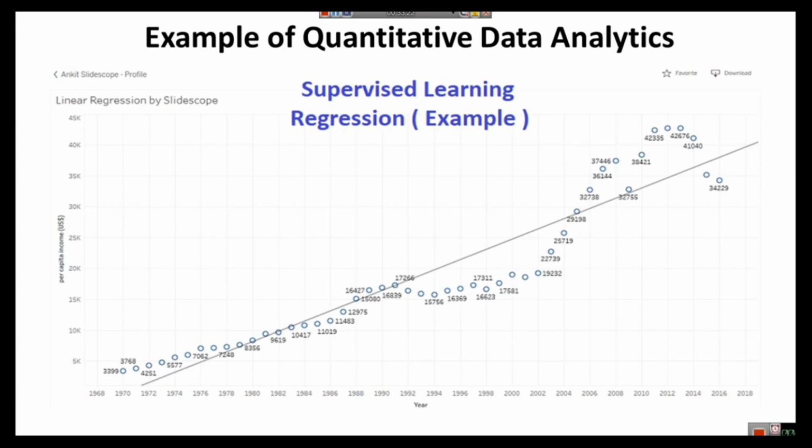So this data is about per capita income of a country, and this data is available in CSV format on kaggle.com. And you can see we have information like what was the per capita income of that country in 1970, and what was the per capita income in 2017, 2014. So on those years,